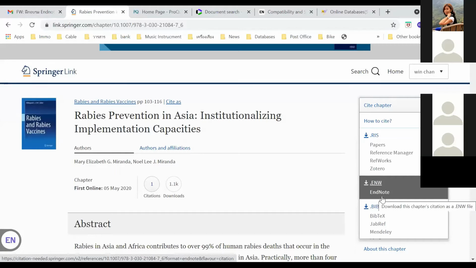Articles and books are different. So for books, it shows you clearly how to export to the EndNote site. For the chapter, follow me and select the name of your program, EndNote again,